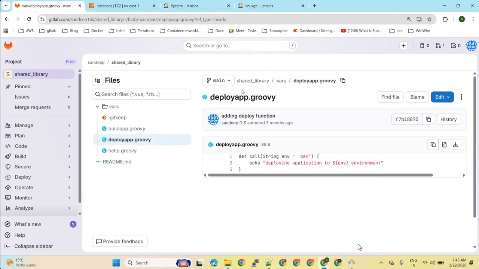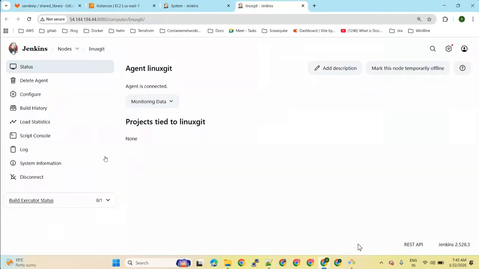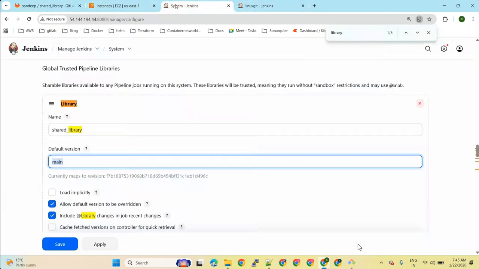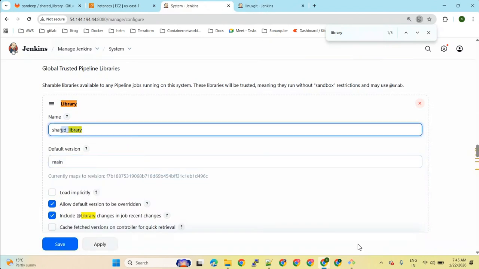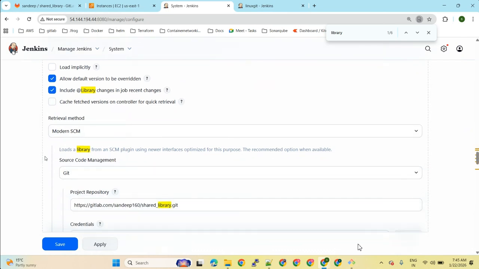What is the default branch in the shared library? Main branch only. That I have defined here in the system. I have defined the library name, which is shared library, and the default version of the shared library, and also